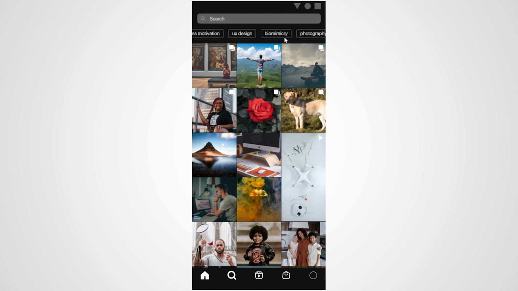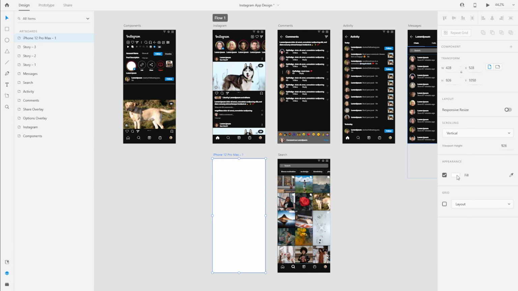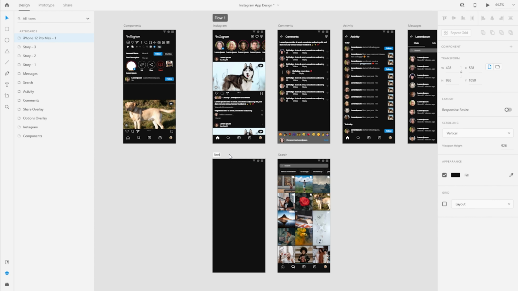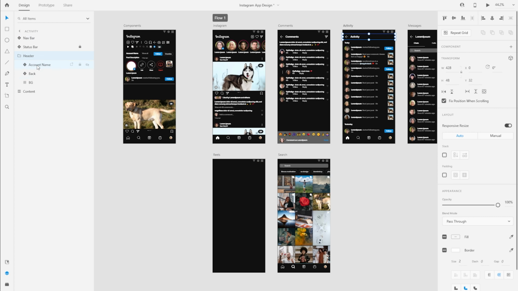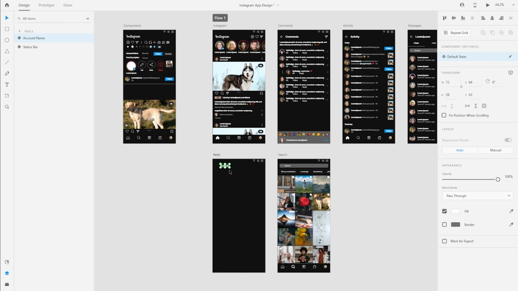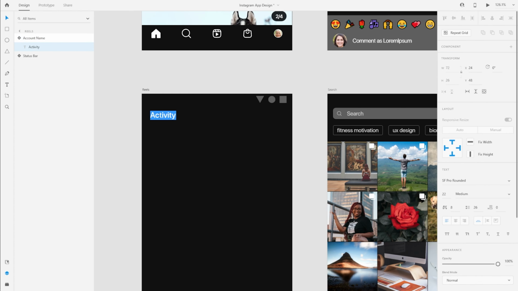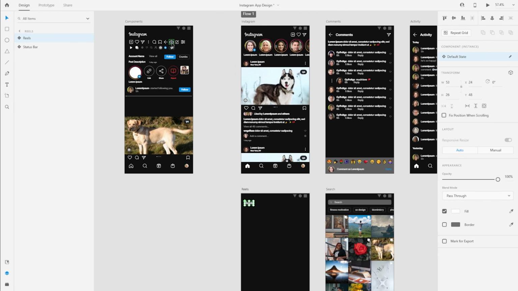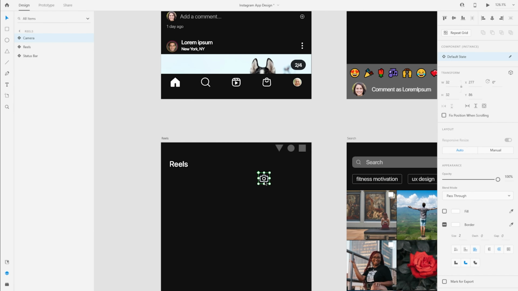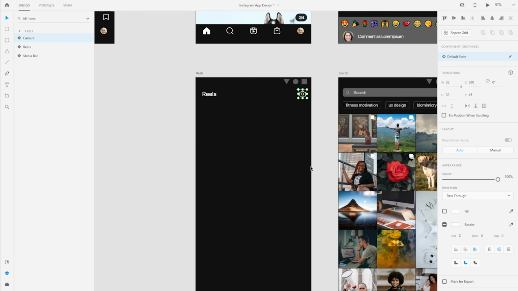So let's get started. I'm going to create a new screen and call it Reels and give it the dark theme. I'll add all the required status bars as well. We're going to be working with the header. So I'm going to use the already created components and give the header as Reels. And I've created one more icon for the camera on the top left corner of the header itself. And by adding the camera, the header section is complete.